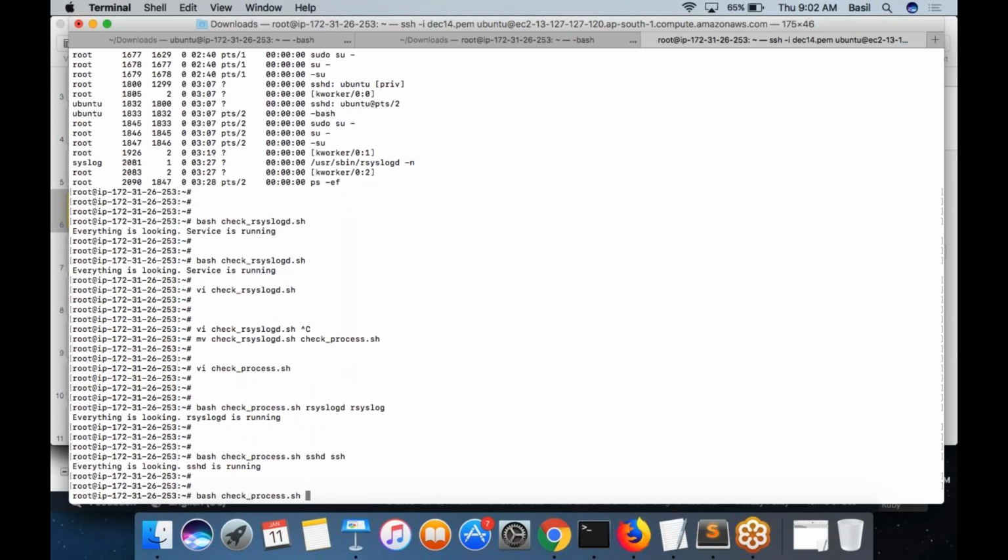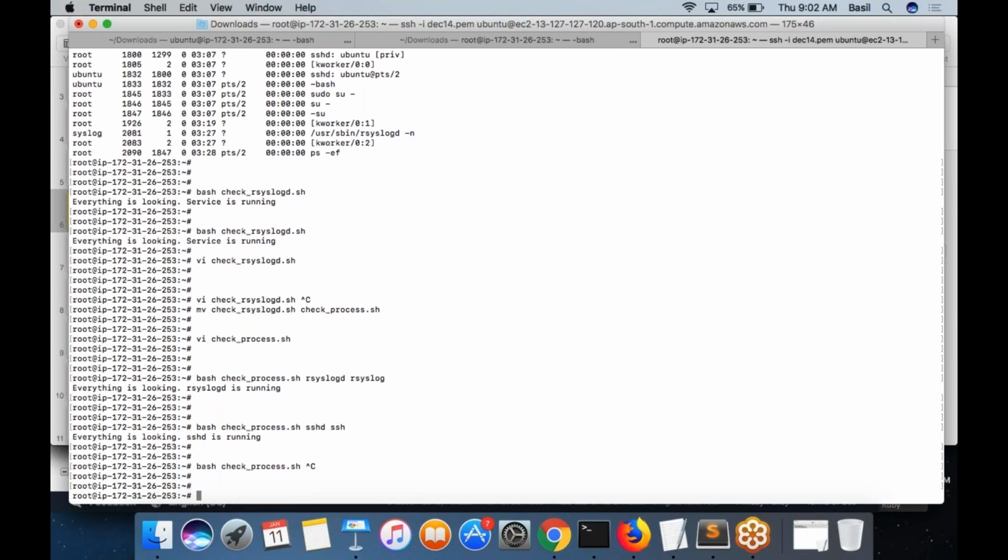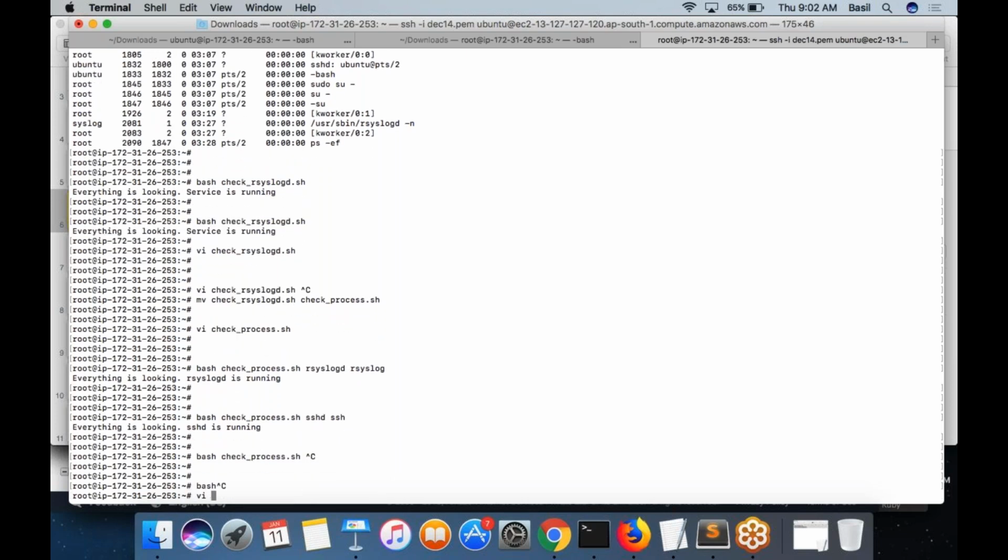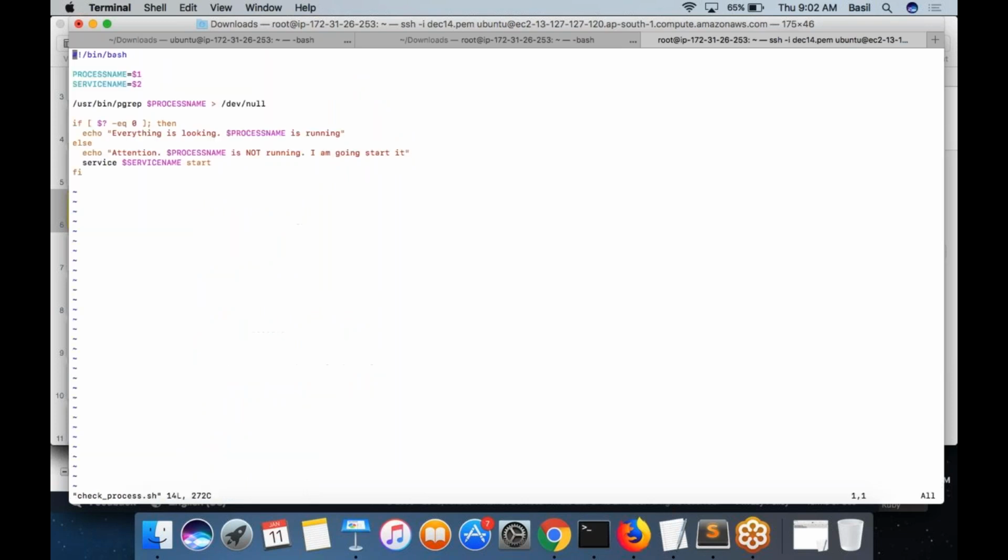Only dot ss, what is it? If I execute that, it would throw you an error. Basically, you can still execute it. You can try to execute check process. So this will get a null value if you don't pass any argument. Null means nothing. Basically, this command will fail. This command itself will fail, saying that you did not pass any argument.